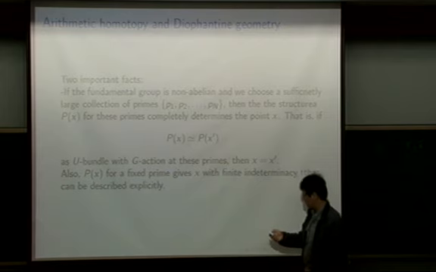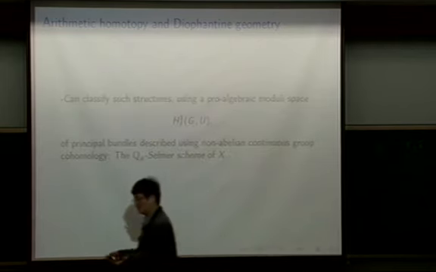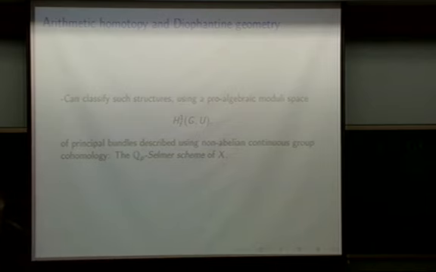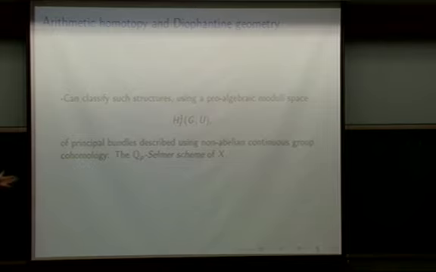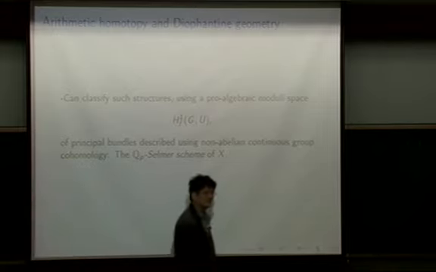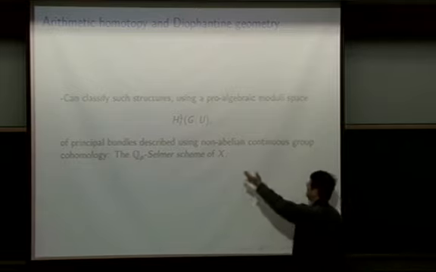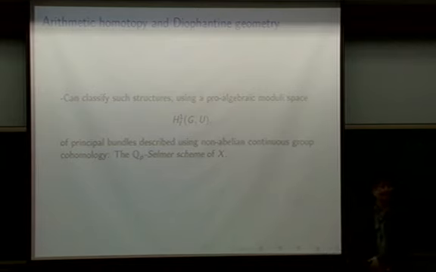So that's one fact. But the second, more important fact is that these principal bundles can all be put together into one moduli space, one big structure. So there's a moduli space of principal bundles for this pro-algebraic fundamental group. But this is an algebraic variety over Q_p. And that's the power of this approach. Somehow the points of the curve, which are a discrete set, become embedded inside a large algebraic variety. And you can try to use that variety instead now to study the points.